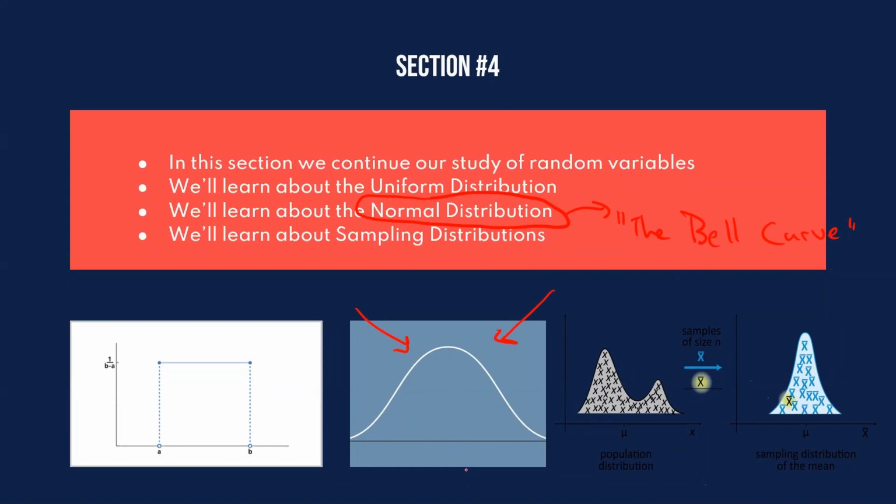And this section here is going to be the section that takes the most time. We're gonna spend a ton of time talking about the normal probability distribution and its applications. Honestly, we meet for 15 weeks. We're gonna be in section 4 for about 5 weeks. It just takes the longest time because there's so much to cover. Then we'll also talk about sampling distributions, which is one of the more applicable points of statistics.